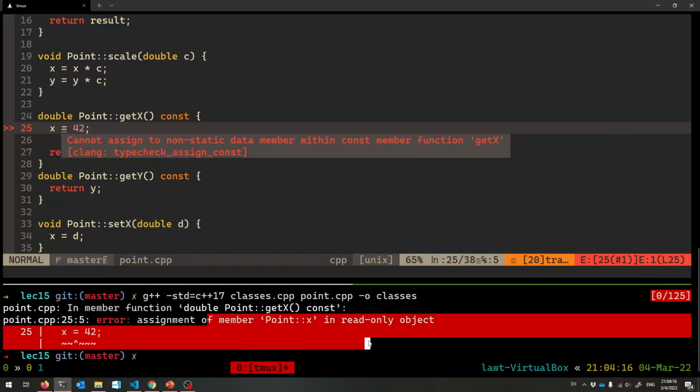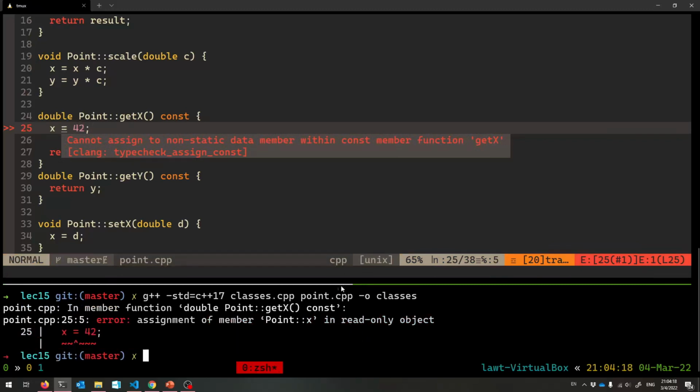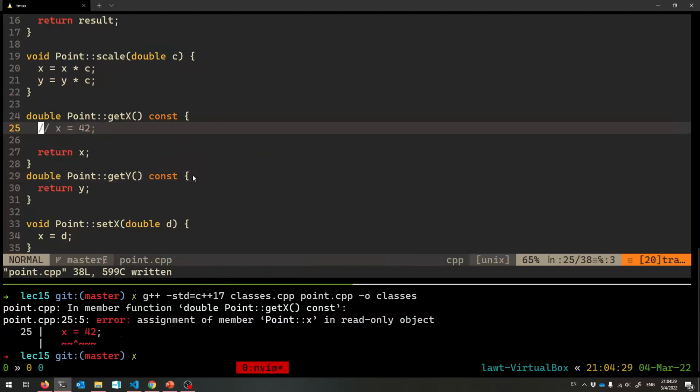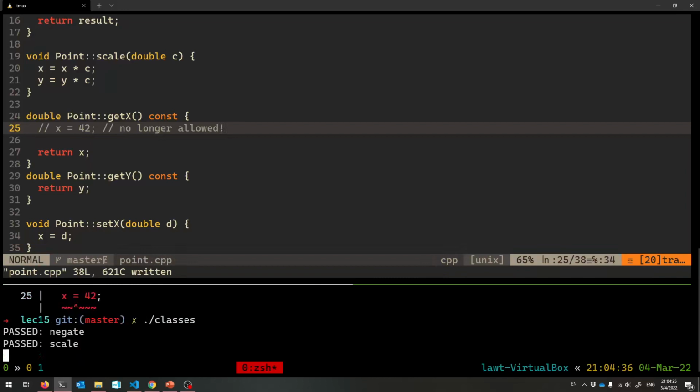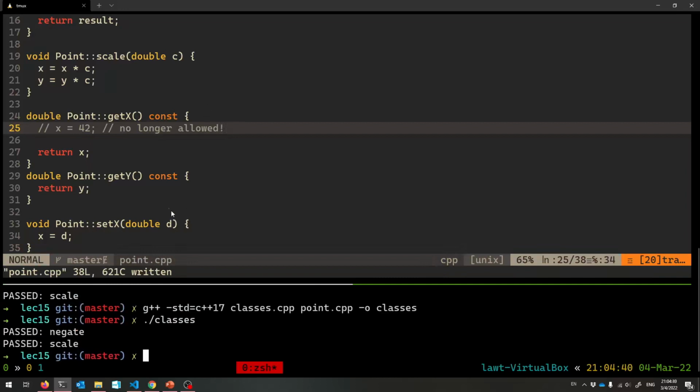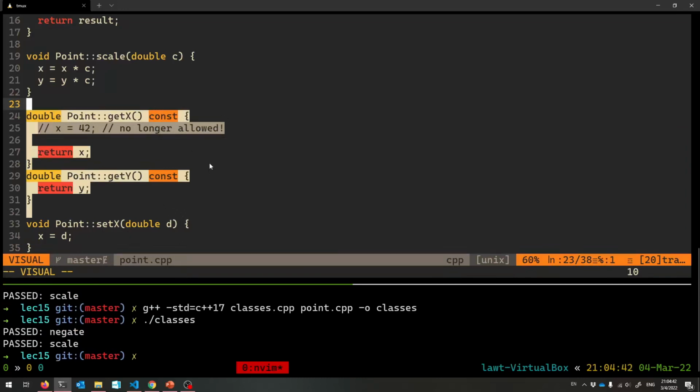Assignment and read-only object. So apparently, as far as C++ is concerned, the current object becomes read-only. You cannot change anything. Cannot set the value of any field in that object. So that is no longer allowed. As it should not be allowed, right? So now, compiles, still runs, but we have more guarantees as to what these